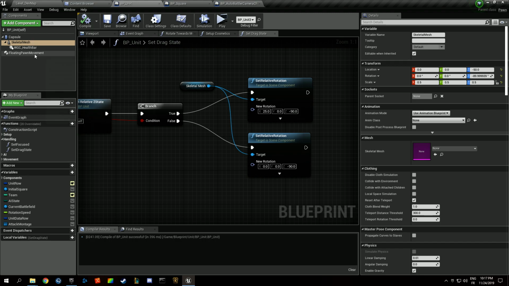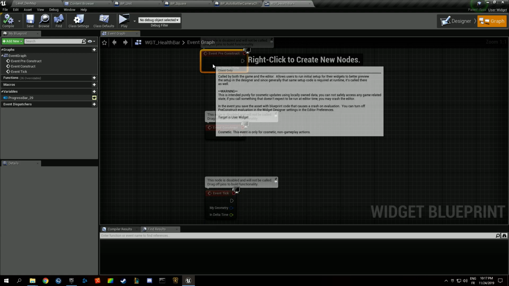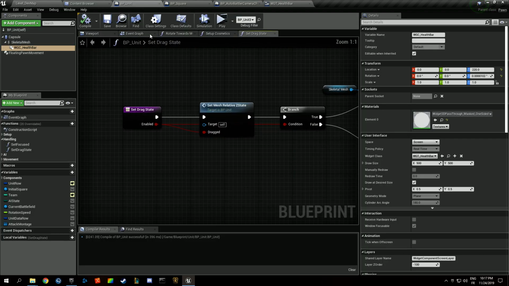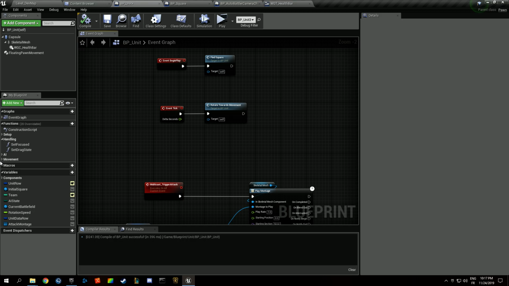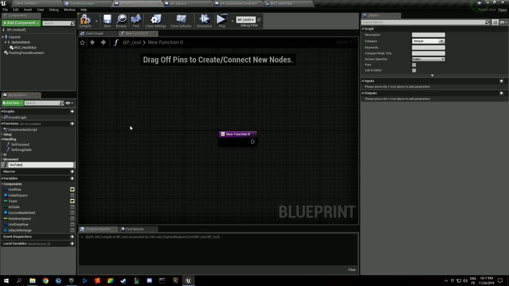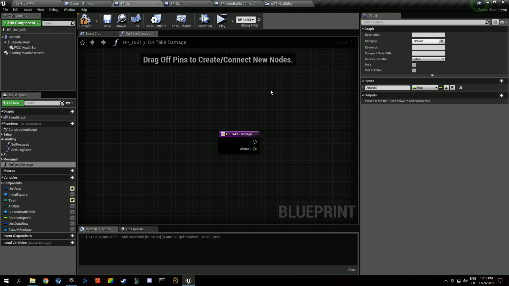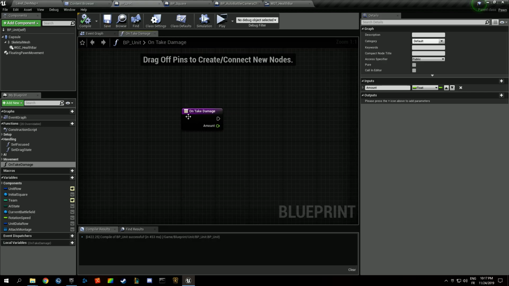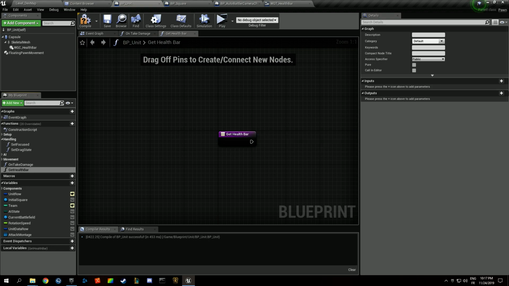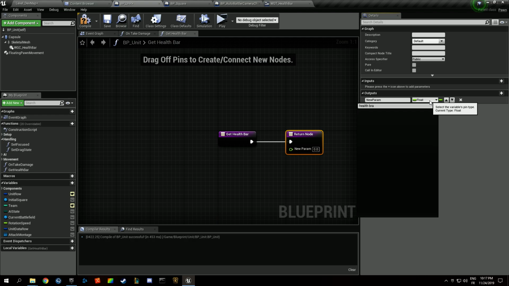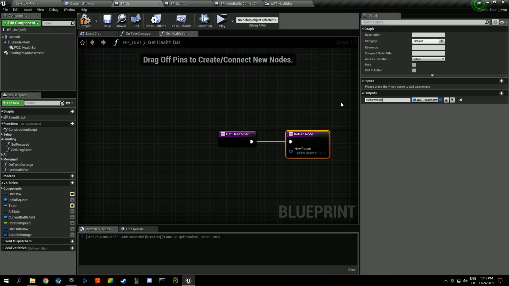So we have health bar. I closed it, but we will need that. And I think the unit is going to send information over to the health bar. So on take damage, we're going to have something like this amount, and it's going to get its health bar, like that. Return value,